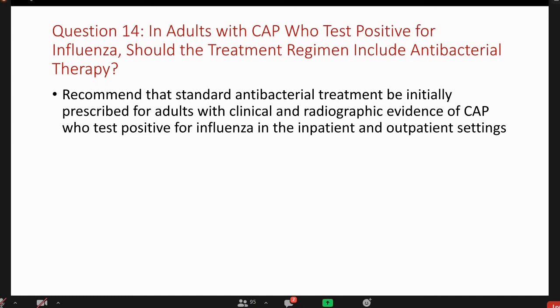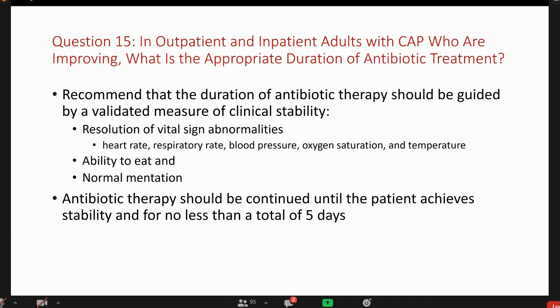In outpatient and inpatient adults with CAP who are improving, what is the appropriate duration of antibiotic therapy? Now you have diagnosed a person with CAP, and now the question is how long the antimicrobial should be given. So we recommend that the duration of antibiotic therapy should be guided by a validated measure of clinical stability, resolution of vital signs such as heart rate, respiratory rate, blood pressure, oxygen saturation, temperature. The first thing is the resolution of the vital signs, which were abnormal previously. Now they all should be,